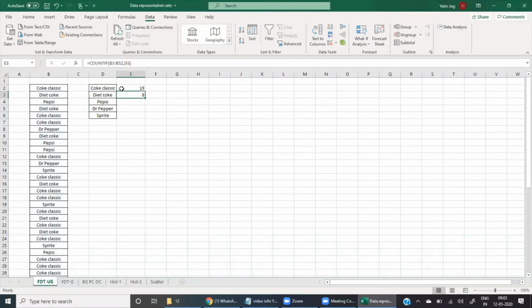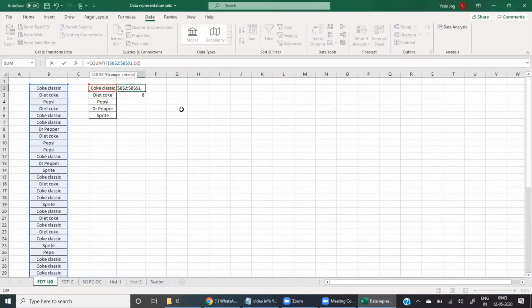That is okay. But I don't want to change the first argument. I have to keep it constant, B2 to B51. So in that case, I can put a dollar sign in the part of the formula which I don't want to change. If I put $B$2 to $B$51, I'm giving an instruction, or requesting Excel, not to change this part of the formula.